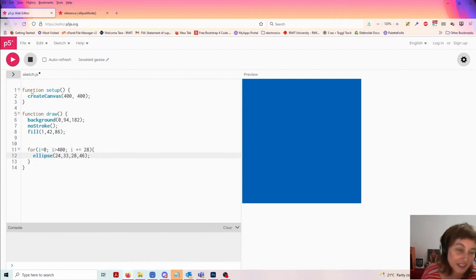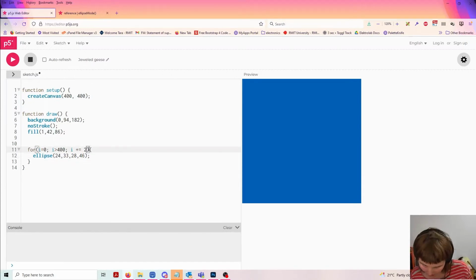And it didn't. And the reason it hasn't yet is because I haven't done anything with i. I need to include this i somewhere. So what I actually want i to be is the position of the ellipse, the x position of the ellipse. So actually I should have set this to 24 instead, and I'm going to put the i here. Okay, so I'm not sure if